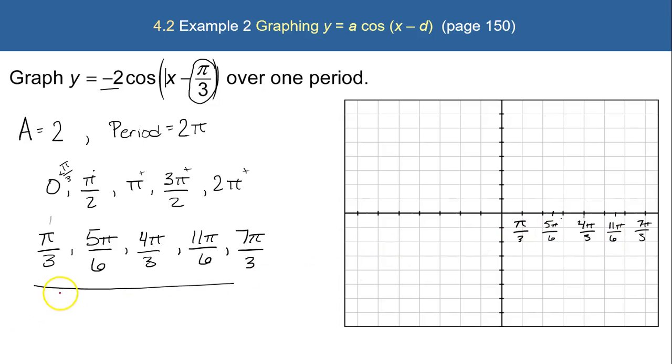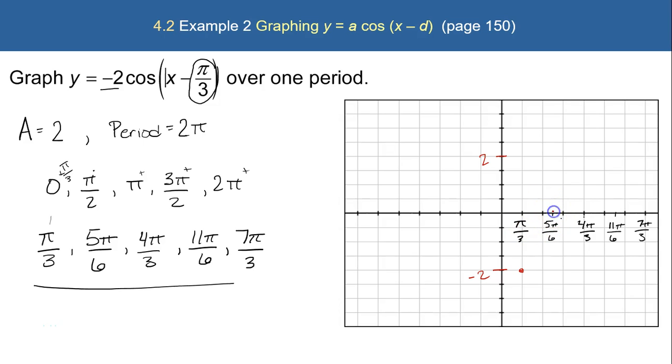Okay. Now the next step on this is to plug in each of these as your x values and evaluate your function for y. So plug in pi over 3 for x, and the value we'll get is negative 2. So let's put negative 2 down here, and positive 2 up here. So here is our first point. And then 5 pi over 6